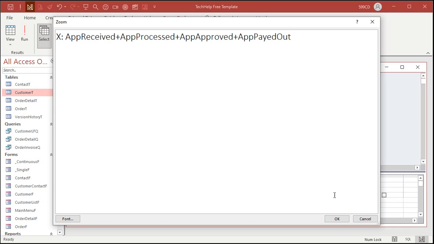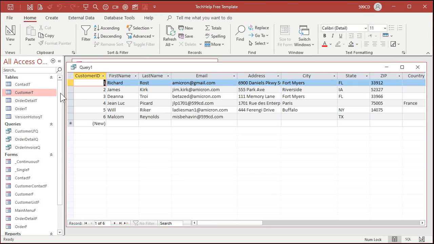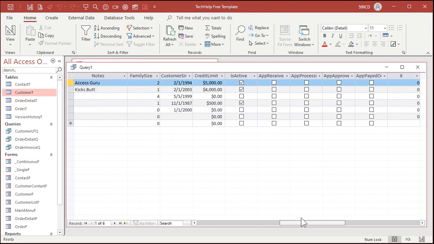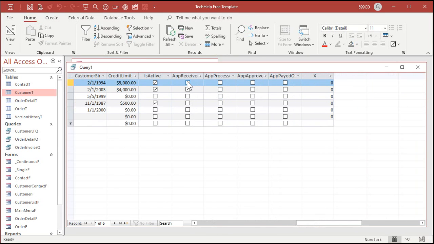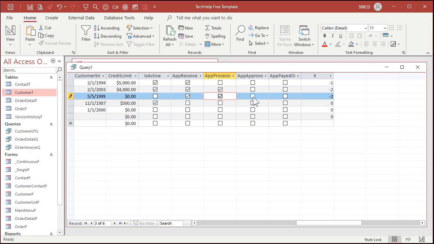Okay, let's just see what we got here. Okay, adding all 4 of those together. Run it, and let's slide to the end. Okay, check any one of these boxes. Let's see, -1, -2, -3, -4. See that? Let's check a couple of these here. I'll check those 2. I'll check these 3. And yes,